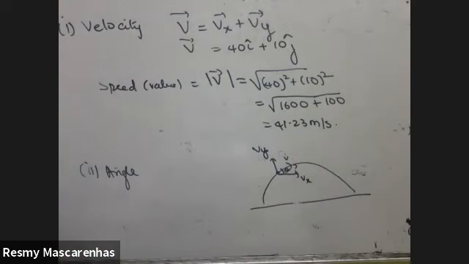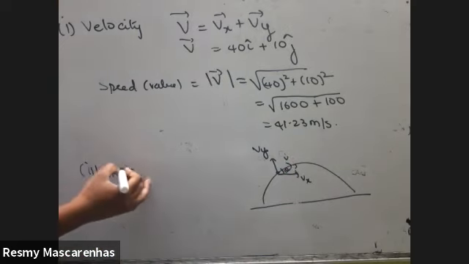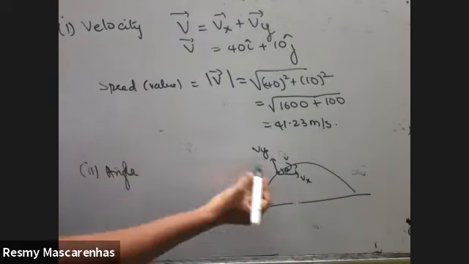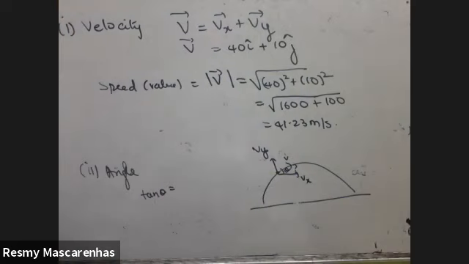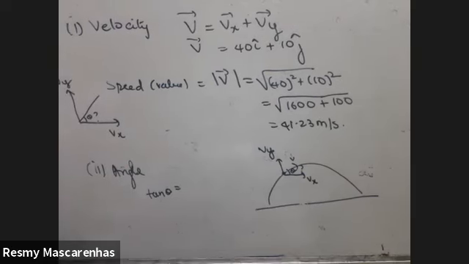You can use the tan theta formula directly. Tan theta is always opposite upon adjacent. If you have Vx and Vy, and I want to calculate the angle between them,